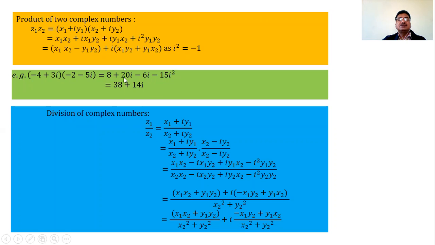And minus plus 20i minus 6i becomes 49. So right here, 23, right here 23 number instead of this 38. Then how we